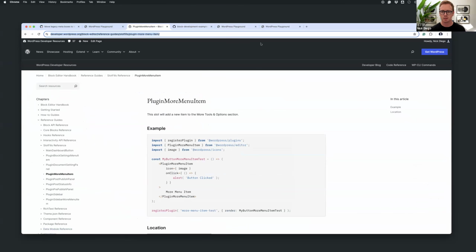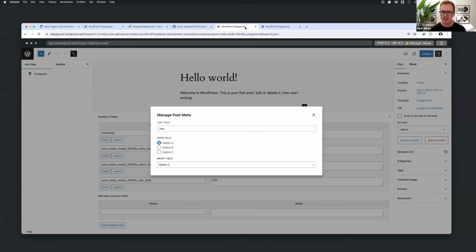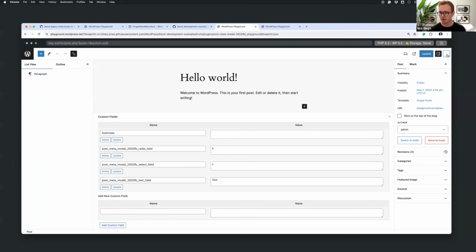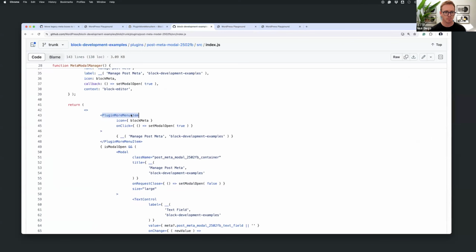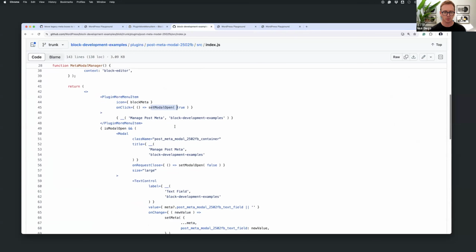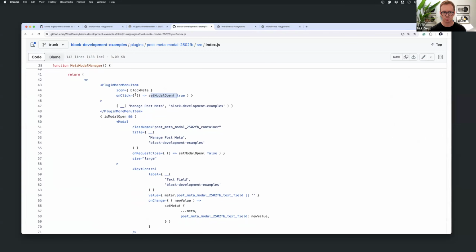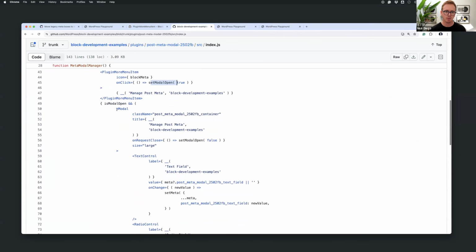And what this is doing is, as the name suggests, adding a more menu item to this options panel. The unique thing that we've done here is that this menu item has an on-click parameter that is opening and closing the modal. So that's all it's doing here. When you click it, it opens the modal, and we have our modal